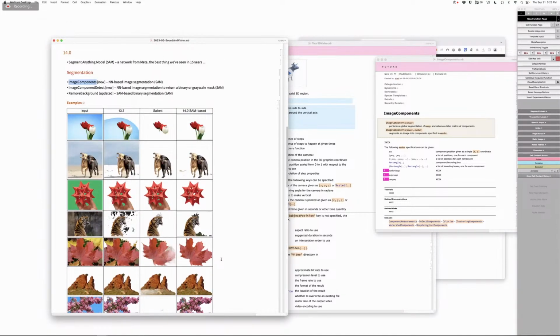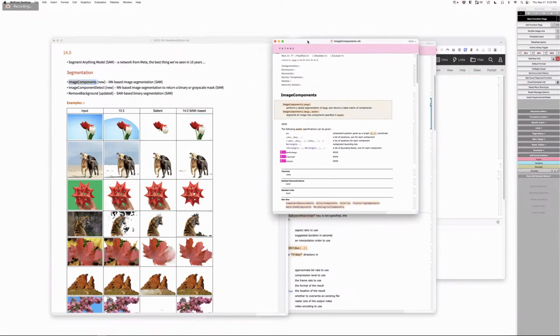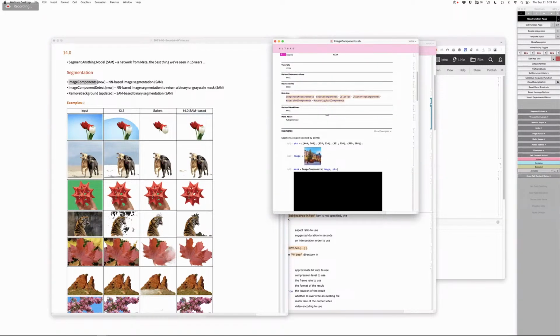But this is one flavor of SAM. The other 2 functions we're proposing to introduce: one is a global segmentation of image components. The other one is really similar to remove background, but instead of returning an image with an alpha channel, it returns the mask. Okay. Just the alpha channel. Okay, so